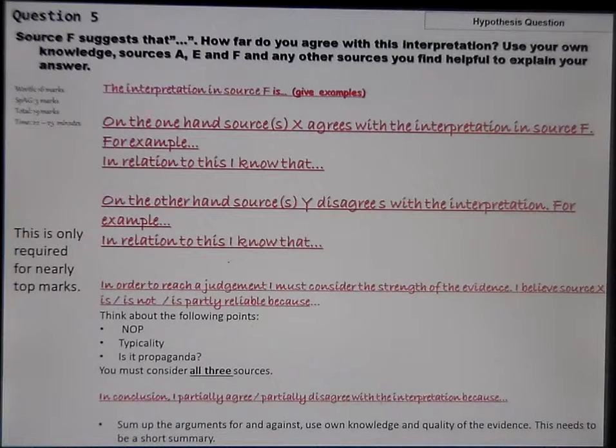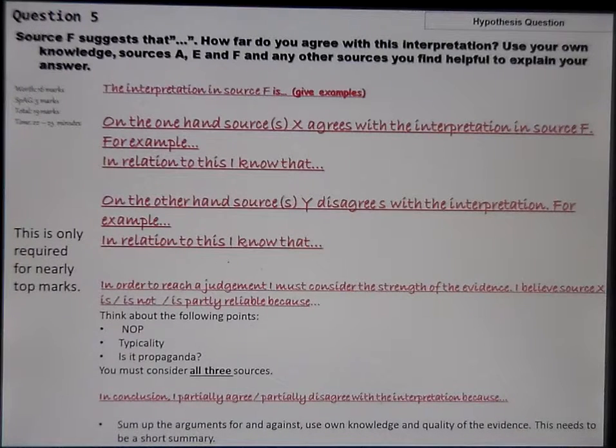Then move on to the other side. On the other hand, source, whatever it is, disagrees with the interpretation. For example, direct quotes needed. You've got to interrogate those sources, mine them for examples, and then bring in your own knowledge to support or challenge what it is. You've got to do the on the one hand, on the other hand bit really, really